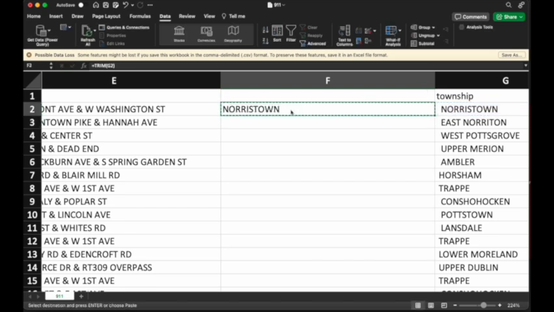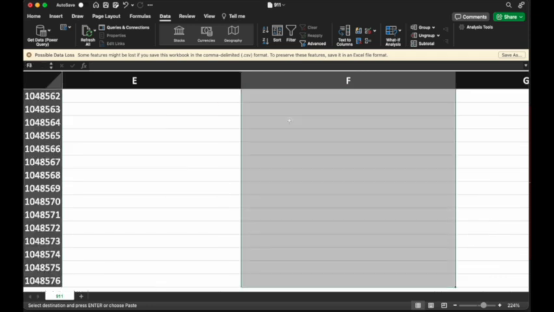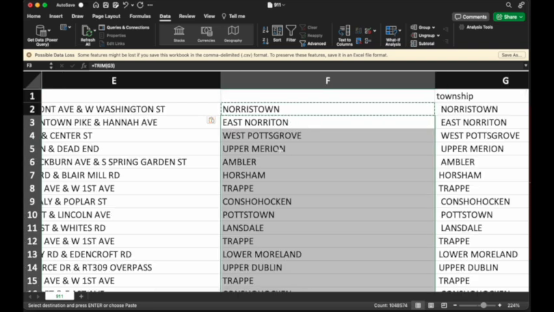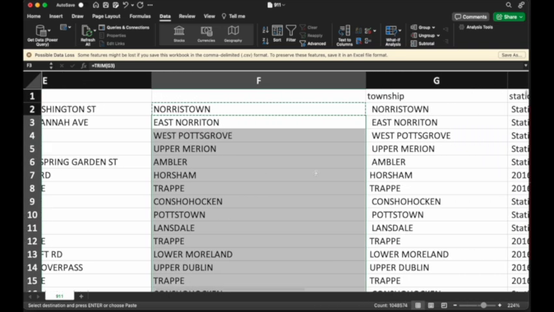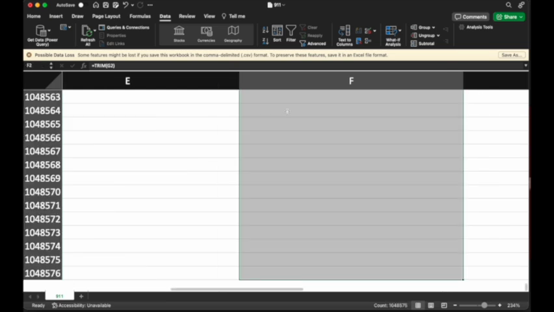Now we'll highlight, copy, click one below, and I'm going to hold, on a Mac, Command, Shift, and then hit the down arrow. And that will select the entire column, and I'm going to hit paste, and that will paste the function from top to bottom in this data set. Now what I will simply do is highlight this top one, again Command Shift and then down, which highlights the entire column, copy,